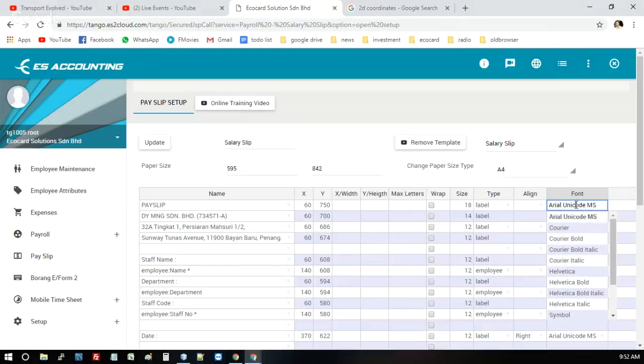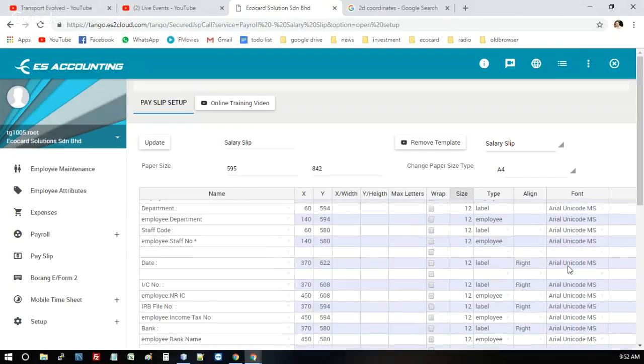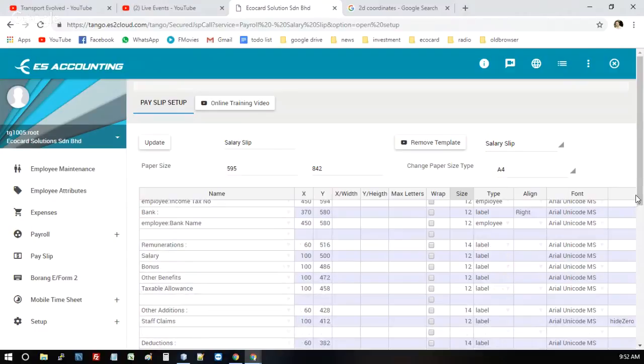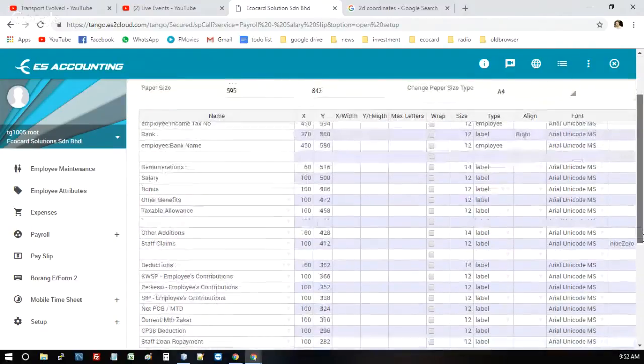But if your letters are Chinese or Indian or Tamil or Russian or whatever, you must use Unicode. If you don't use Unicode, it will not print out correctly. All right. So this is what it does, setting up the